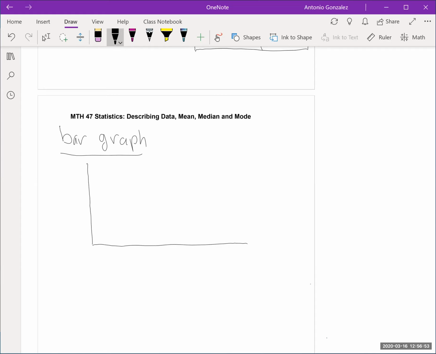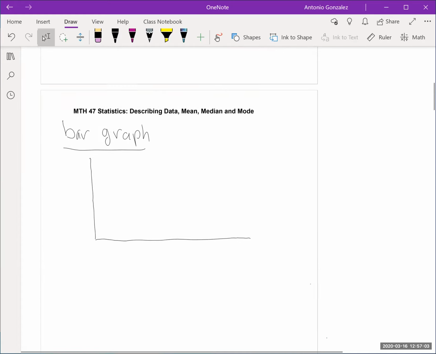This horizontal and this vertical line here, right? And the vertical axis is going to be what's called the frequency, it's going to measure,